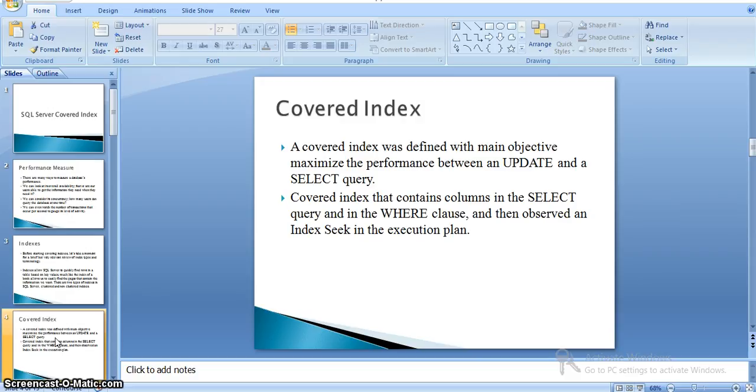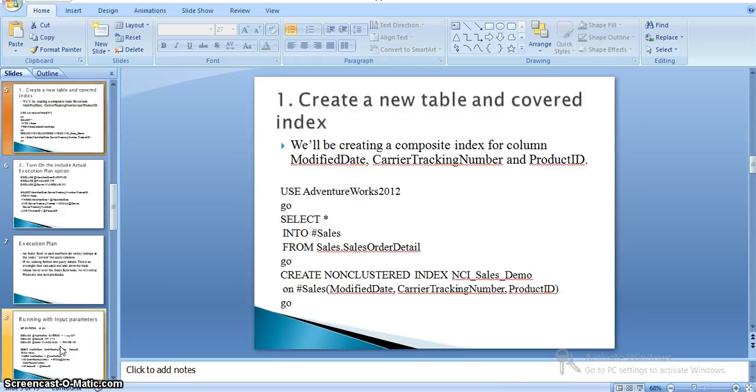By looking at the execution plan, we can see the index seek. Index seek means the index that we created on the table is used in our query. For this covered index, we will see how it works and the purpose.